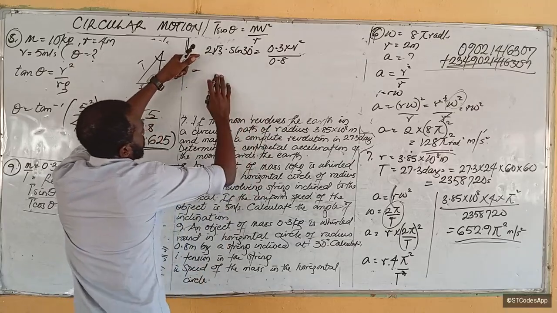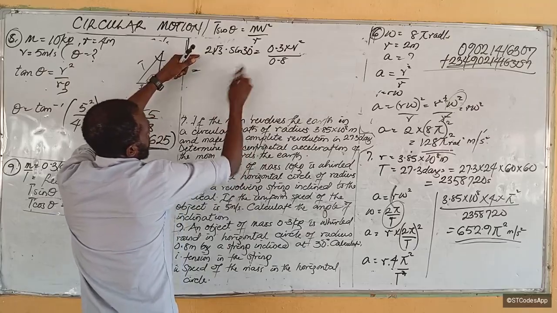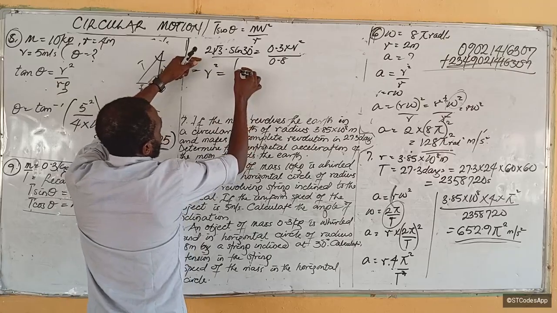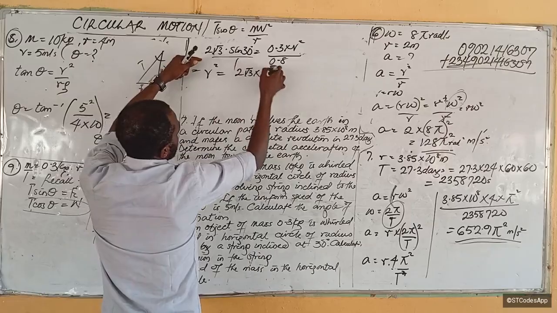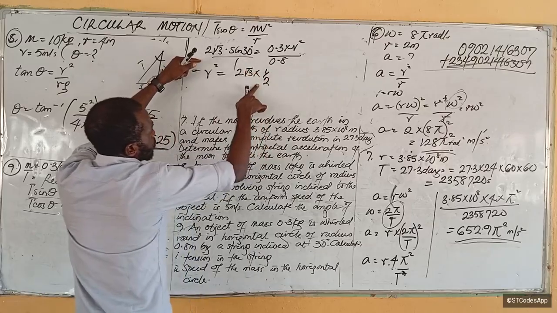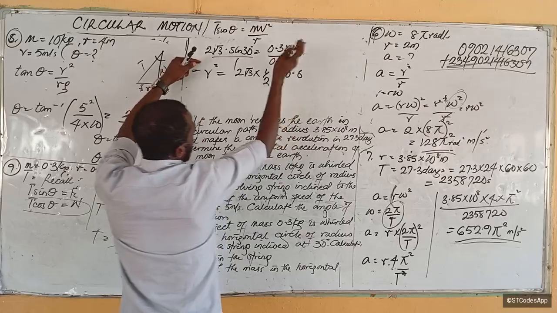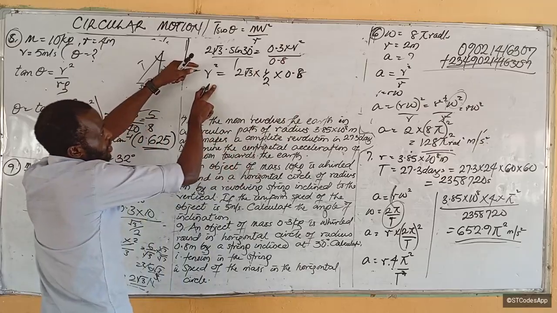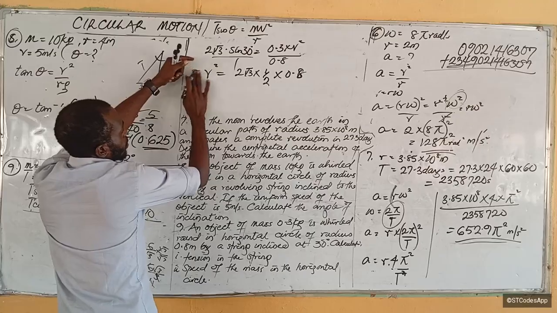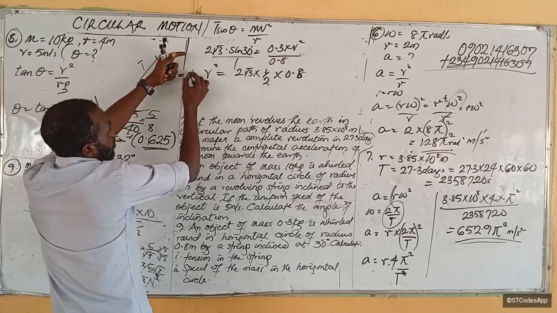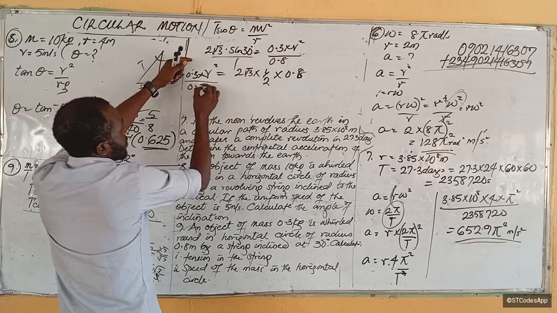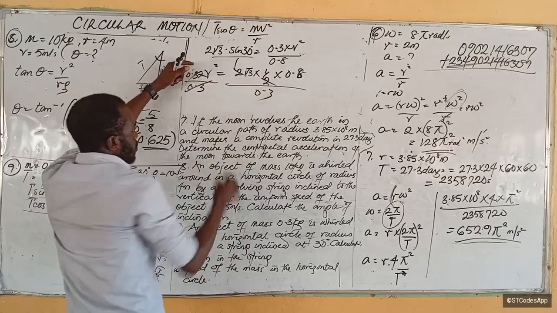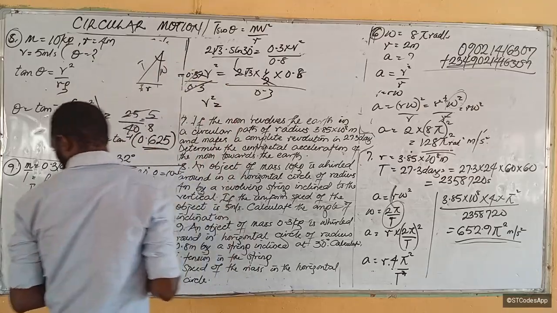Bring this here, cross multiply, you get v squared is equal to 2 root 3 times 1 over 2. Sine 30 is 1 over 2. Then times this 0.8 when you cross multiply. You now divide both sides by 0.3. Is it clear? If you cross multiply, this is still equal to 0.3 times this. So by the time you divide both sides by 0.3, this takes care of this. So that v squared will be equal to